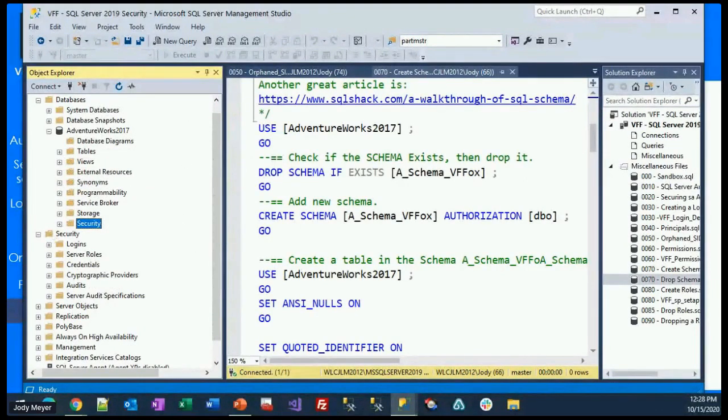Jody, before you move on, we have a couple of questions. Sure. From Ray: if you do not specify a grant or deny permission, is deny the default? If you neither grant nor deny,